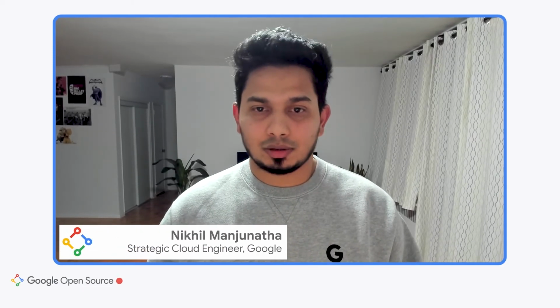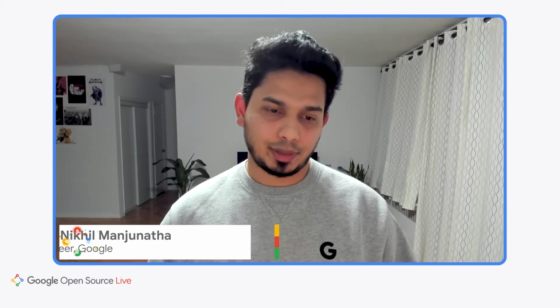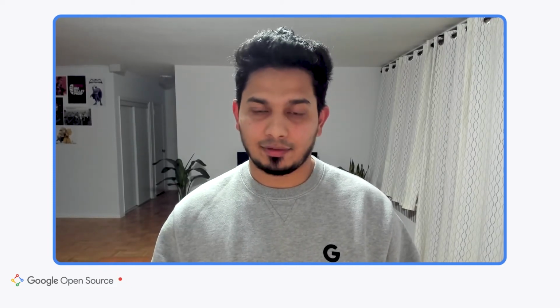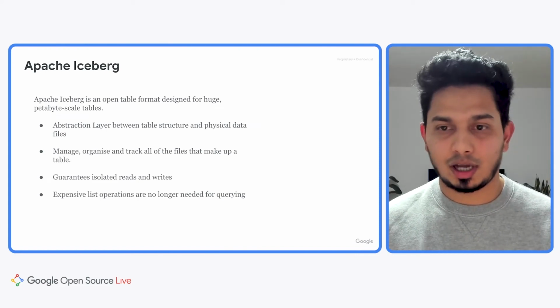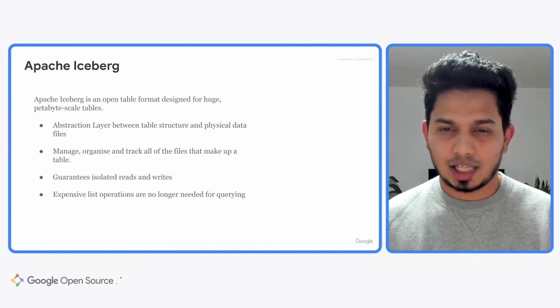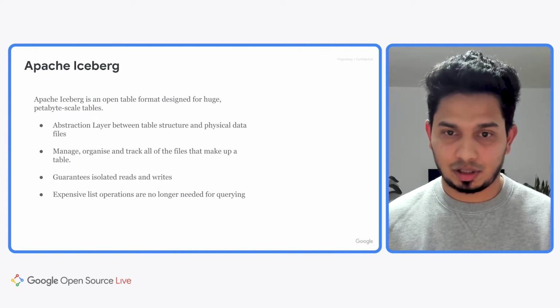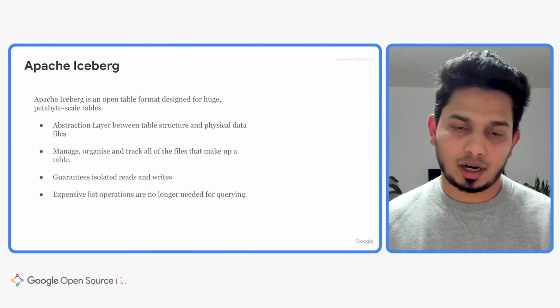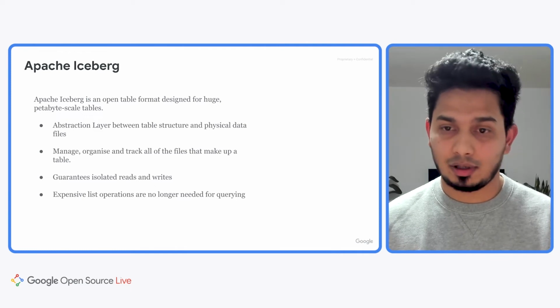Thank you so much, Frank. So now let's take a deeper look at Apache Iceberg. Iceberg is an open table format that solves a lot of consistency problems that are typical of existing metadata catalogs like Hive. It does this by creating an abstraction layer between the table structure and the underlying physical data. Iceberg tracks and manages all the file changes to a table over time, and this enables transactional consistency with isolated writes and reads. This helps with schema evolution, time travel, version history rollback, and also partition layout evolution based on queries and data volume.